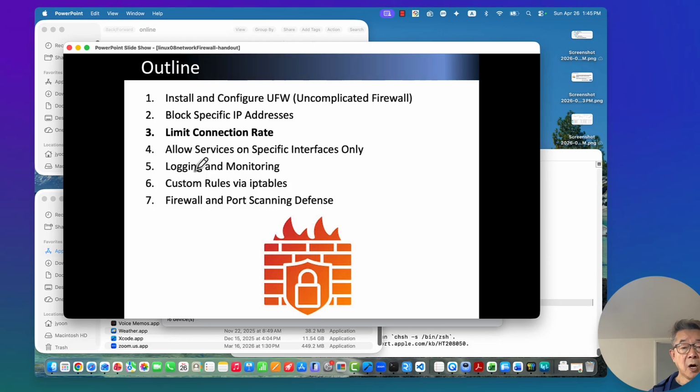And also we can log activities, such as packets coming in or going out through a specific interface card, or to specific IPs, or from specific IPs. We can log it, and then we can review it. Also, we can close it. Some of the rules that we can